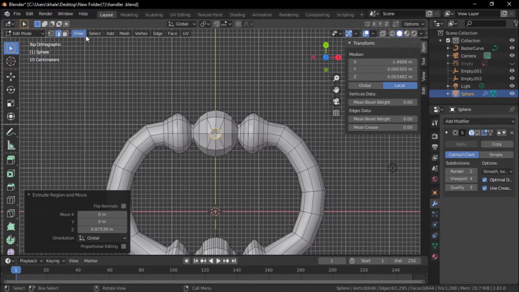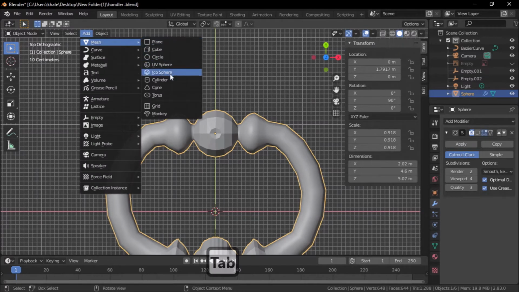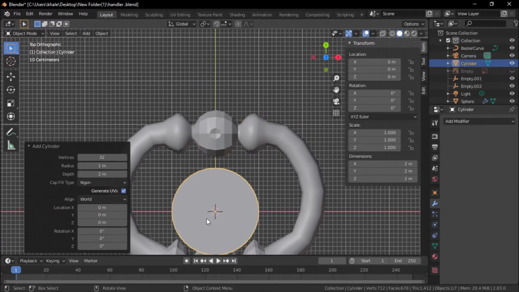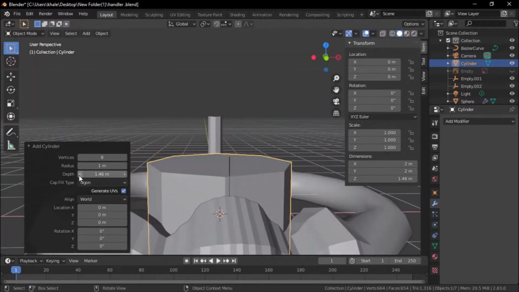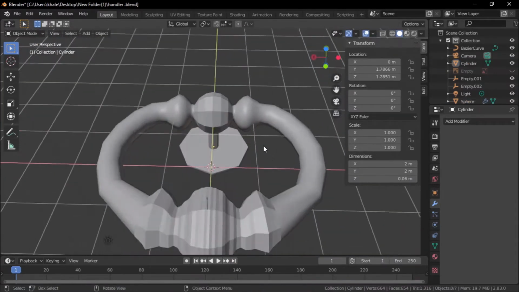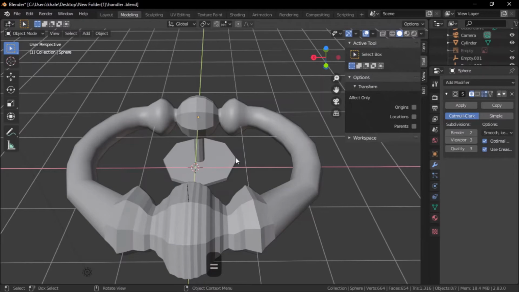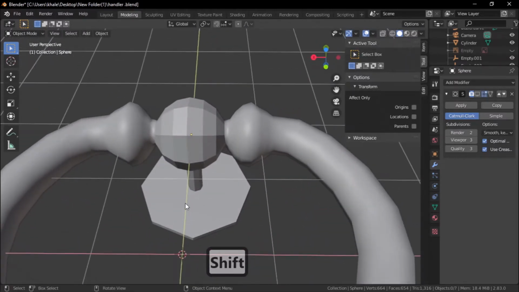Now let's add a cylinder. Let's switch to the object mode and go to add, mesh and select cylinder. And let's change the vertices into 8. And let's change the dimensions. Now after we are done setting the location of the object of the connection, let's select this connection and go